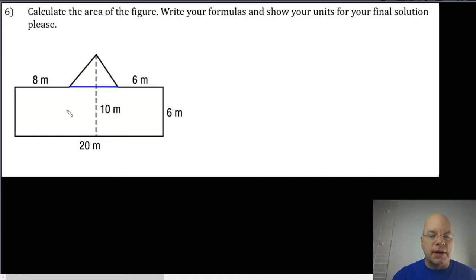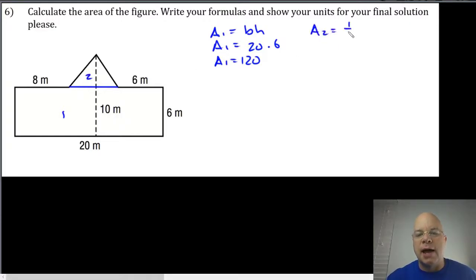So the rectangle, I'll call that shape 1, is very straightforward. Base times height. I can get the base directly here. It's 20 meters. The height is also shown, 6 meters. So the area of that large rectangle is 120 square meters. The area of shape 2,